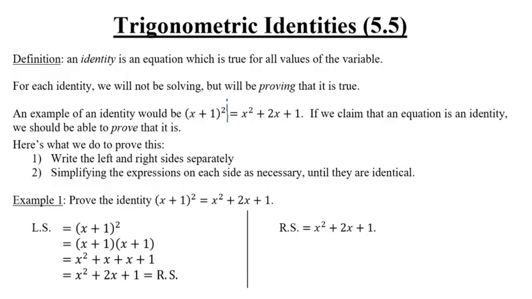And so I'm going to take the (x + 1) squared and I'm going to expand that out. Anything squared is that times itself. So (x + 1)(x + 1) is (x + 1) squared. And then I multiply each term in the first set of brackets by each term in the second set of brackets. And I get x squared plus x plus x plus 1. And then I combine the like terms, x plus x, and I get x squared plus 2x plus 1, which is equal to